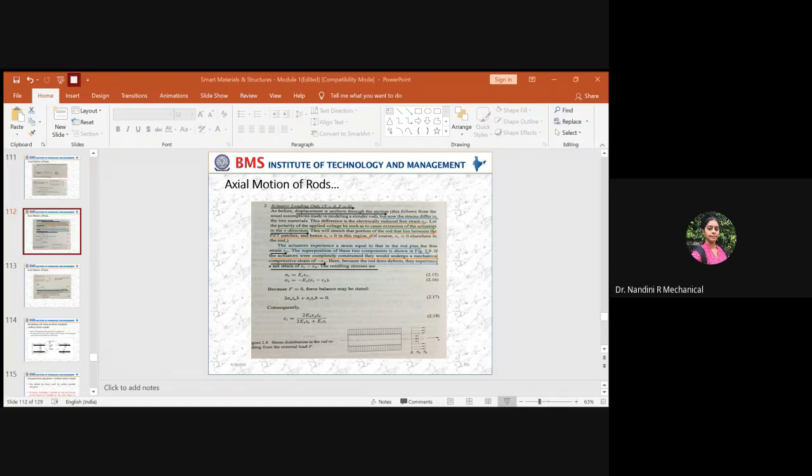So then you have to finally find out the relative permittivity of the piezo element. So that will be equal to our electromechanical coupling coefficient, which is D31, into the amount of voltage applied across the piezo element, which has a thickness of T. So this will help you to find out the value of relative permittivity of the given piezo element. So this dielectric constant mainly depends upon the electromechanical coupling factor.